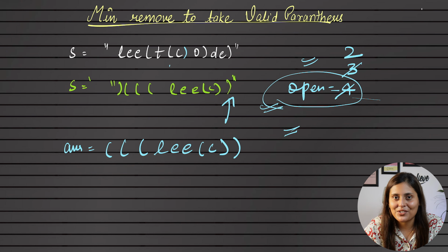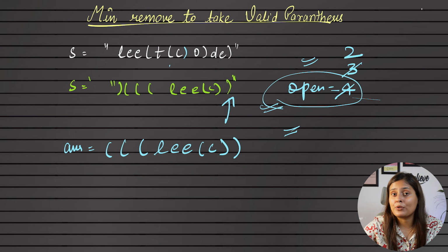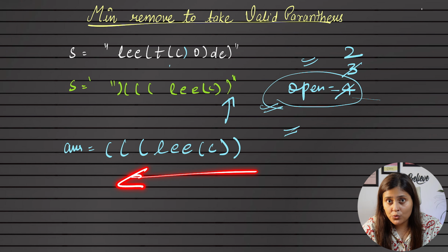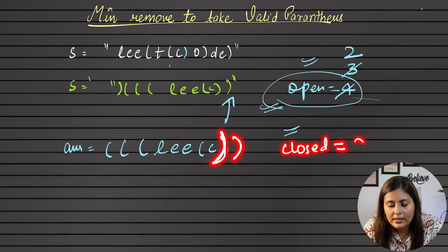Yes, you are thinking in the right direction. Now we'll start running from right to left and we will delete extra open brackets, like how we did from left to right iteration. Do you get it? So now when we run from right to left, instead of the open variable, whenever we find a closing bracket, we will increase the closed variable, let's say to 2.